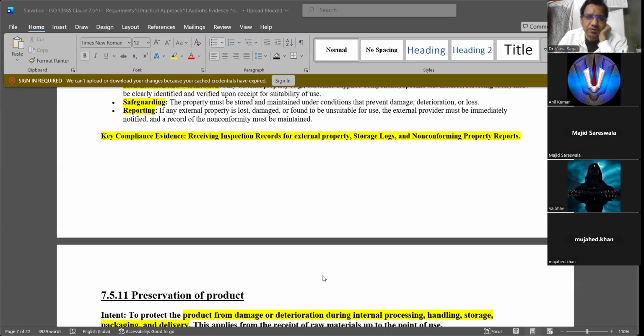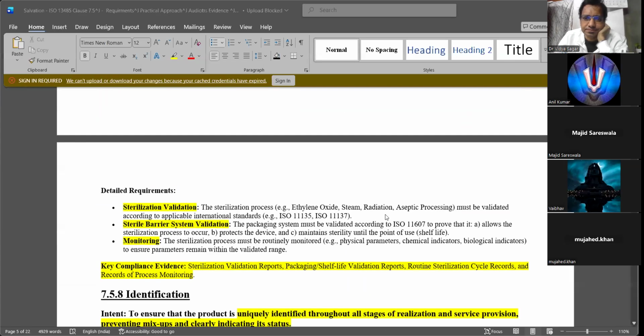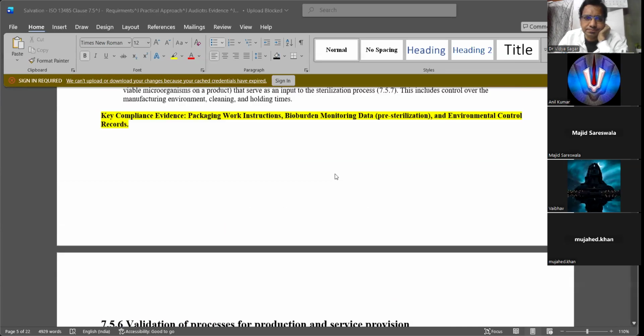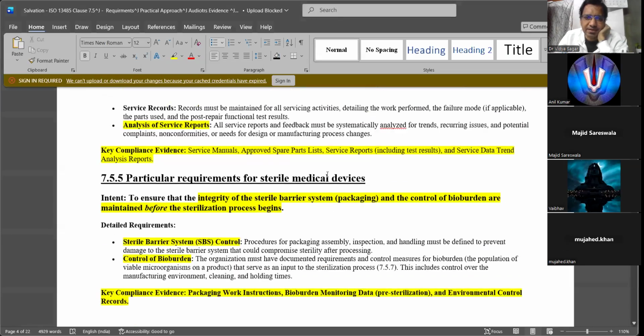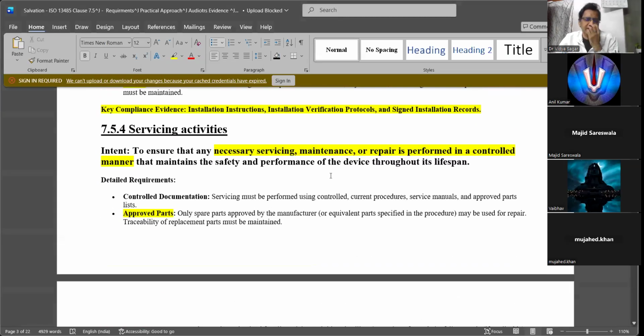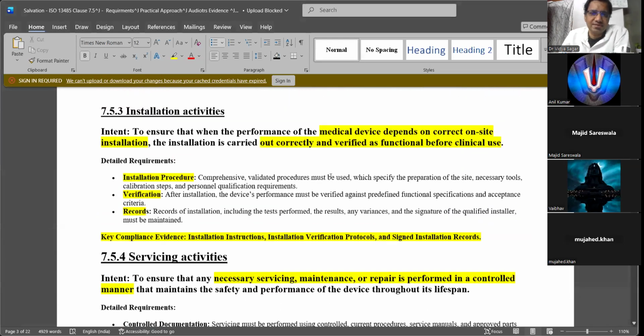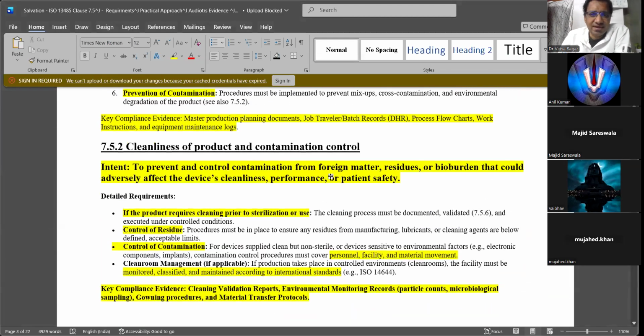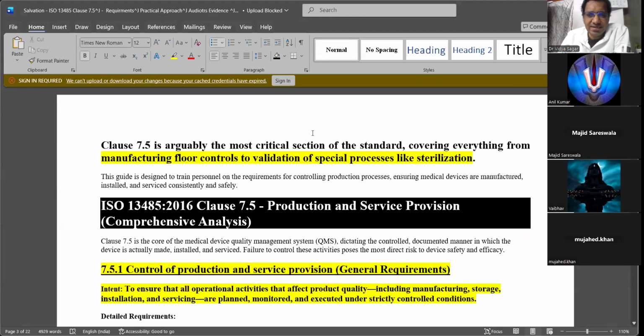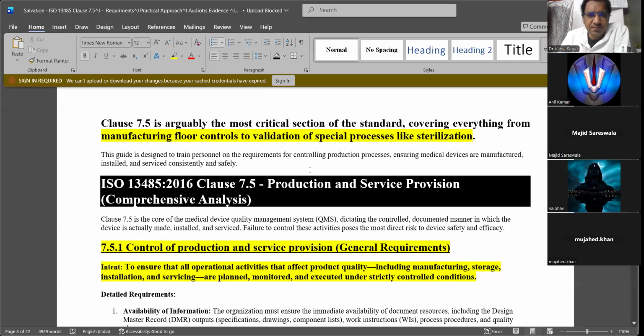That is clause 7.5. This is a very big clause, like 7.5 has 5 or 6 parts, but easy to understand. I mean, nothing critical to have. Some of the points I think I covered. Just give me 1 second.